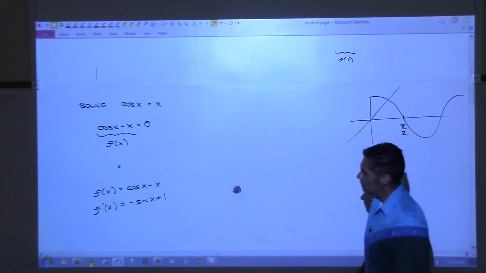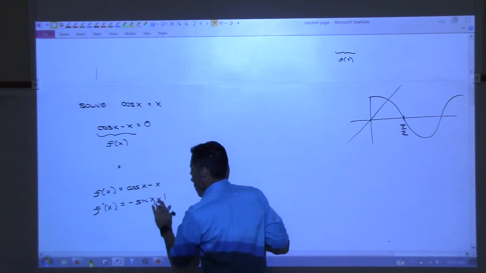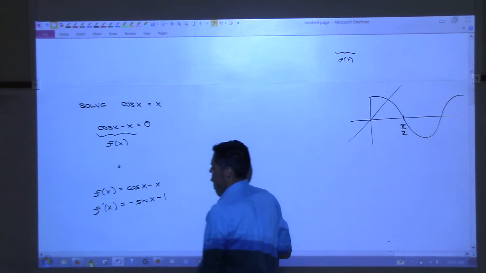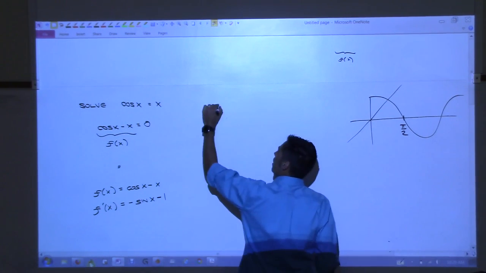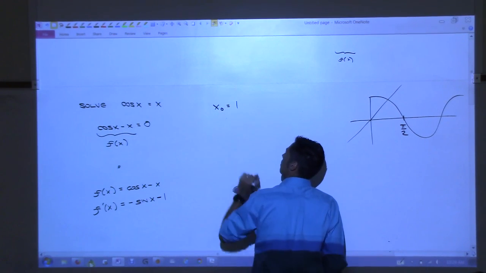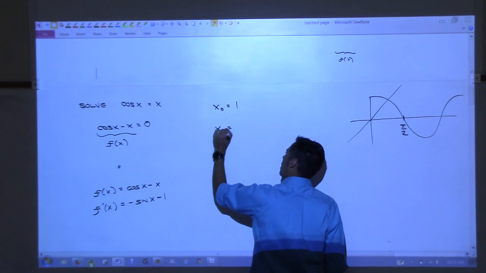Shouldn't that be a negative 1? Or minus 1? Oh, you should be minus 1. Yeah, thank you. Don't know why I put my plus 1 there. All right, so our first guess is x sub 0 equals 1. That's our guess. X sub 1 equals